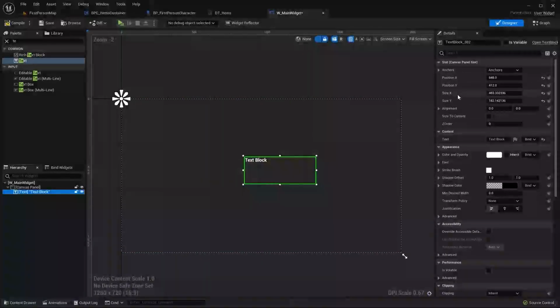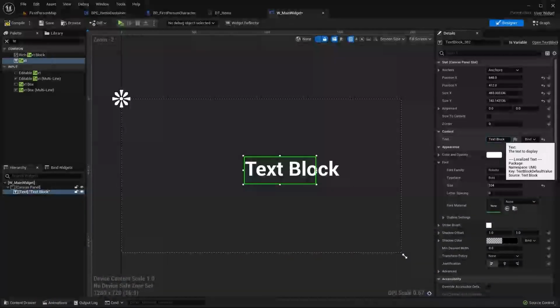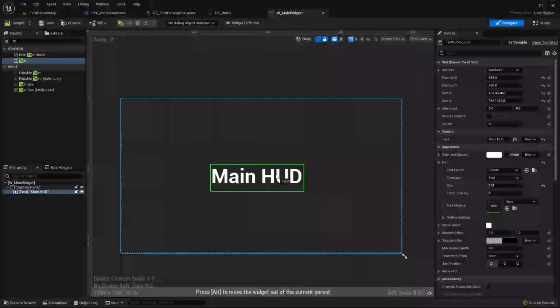And in the details, all the way down here under the appearance, we have things like the color and opacity. And under the font, we can change things like the font. You can actually import your own custom fonts if you want to. And then we have things like the size, so we can change the size of the font. Then over here at the text, we can actually change the text itself. So let's change this to main HUD or main widget, basically to let us know that we have this main